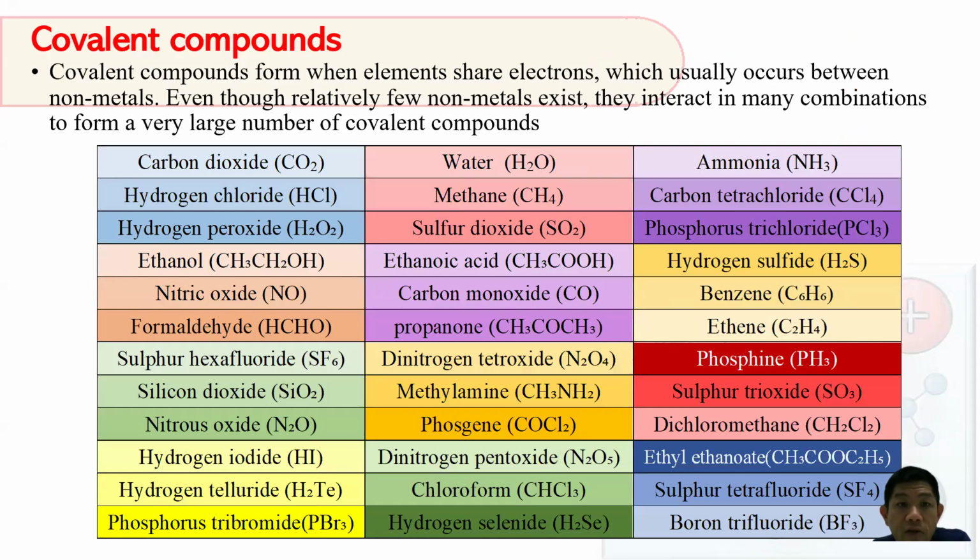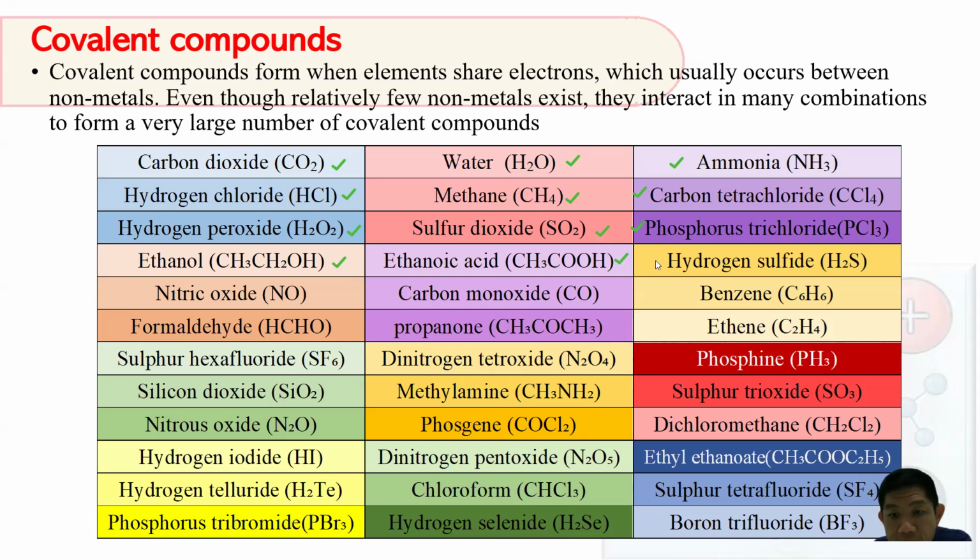Then we also learned that covalent compounds form when elements share electrons, which usually occurs between nonmetals. Even though relatively few nonmetals exist, they interact in many combinations to form a very large number of covalent compounds. Here are a few examples of typical covalent compounds that we will for sure come across as we learn deeper in the STPM syllabus. The most common: carbon dioxide, water, ammonia, hydrogen chloride, methane, carbon tetrachloride, hydrogen peroxide, sulfur dioxide, phosphorus trichloride,